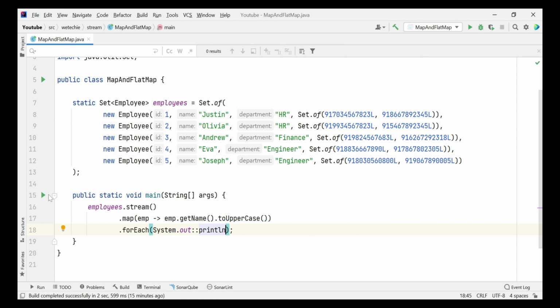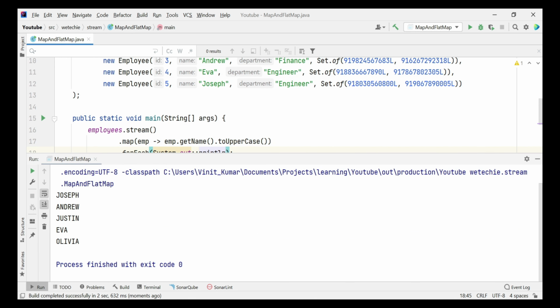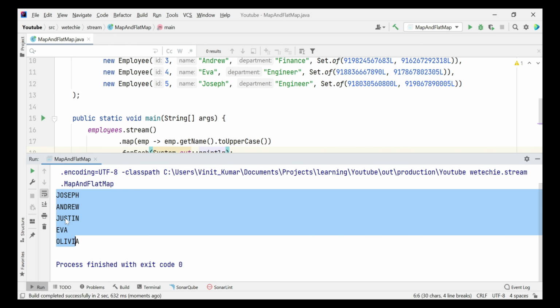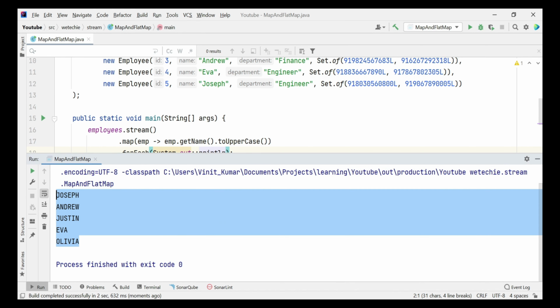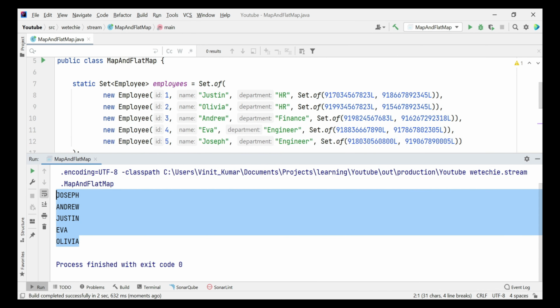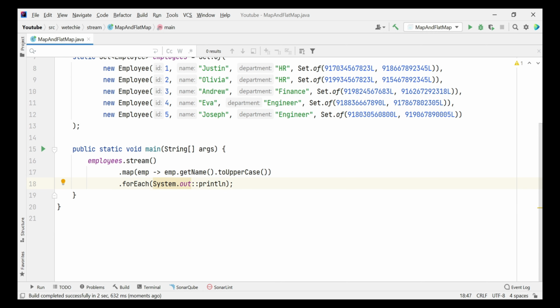Now let's run this once. So each of the input values, which is nothing but an employee's name, we are mapping them to capital case, and you can see Joseph, Andrew, Justin, Eva, and Olivia, which are converted to capital case. As a part of input to this list, we have given small and capital case both. So this is all about the map operation,